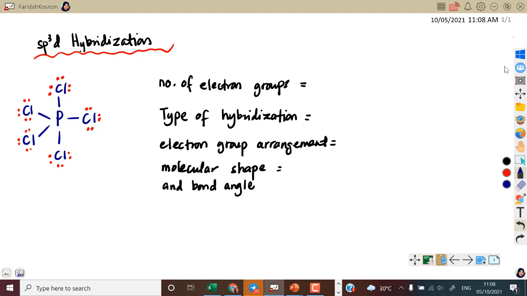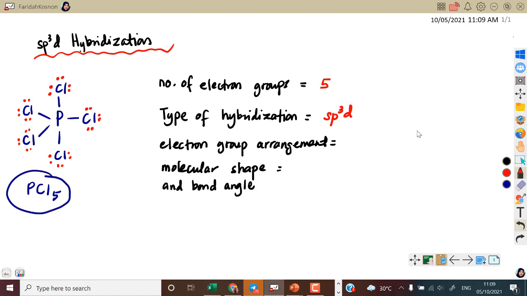So here I have an example, PCl5 molecule. Alright, phosphorus pentachloride. This is the Lewis structure plus molecular shape of the molecule, and as usual, from the Lewis structure or the molecular shape we determine the number of electron groups around the central atom. In this case, there are 5 electron groups around the central atom, and since there are 5 electron groups around phosphorus, the phosphorus atom will undergo